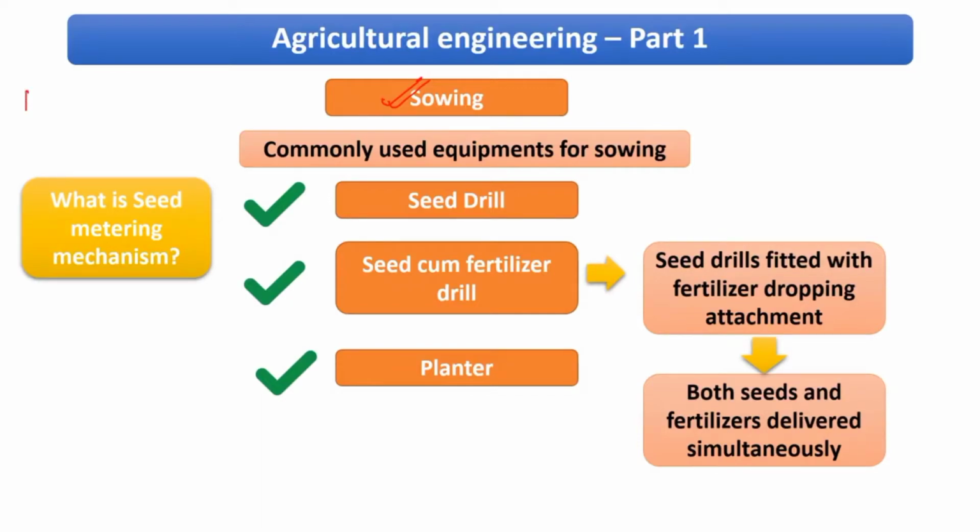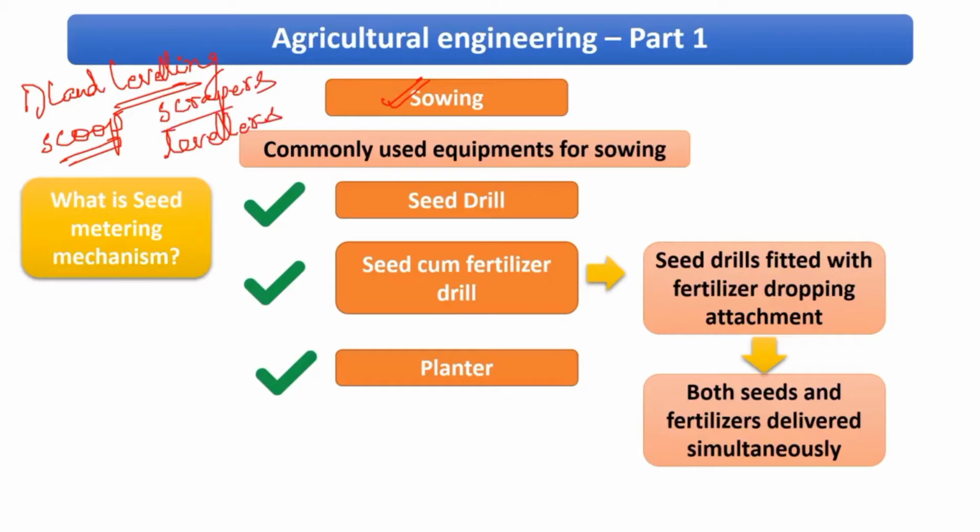Now we saw that the first stage was land leveling. We saw what is the importance of it, why are we doing so, what are the equipments used for it, like we saw the picture of scoop as well. There are other famous ones like scrapers. Okay, there are levelers also. So kindly keep these important terms in mind. Then the second stage we saw was seed bed preparation. For that we perform tillage operations, the equipments of which we will cover as part of a separate lecture, right?